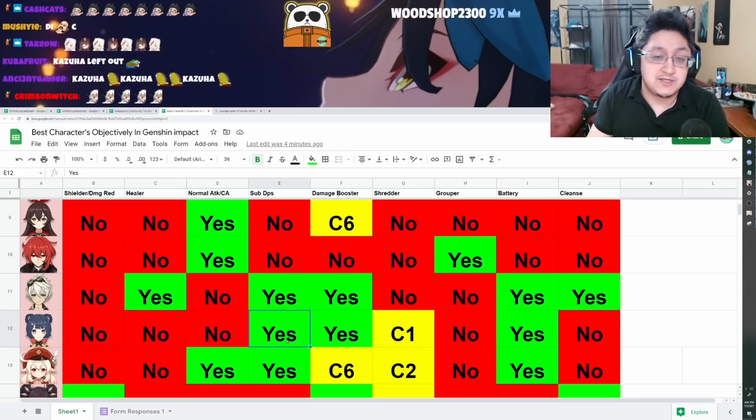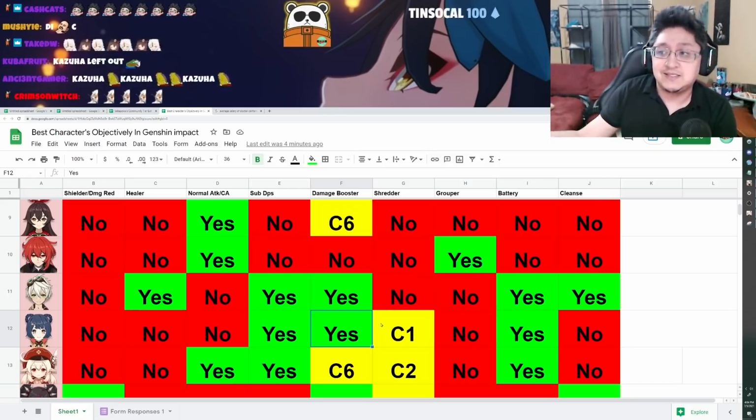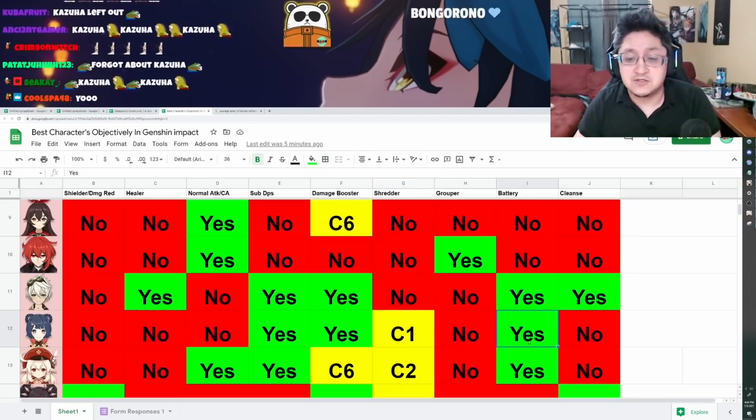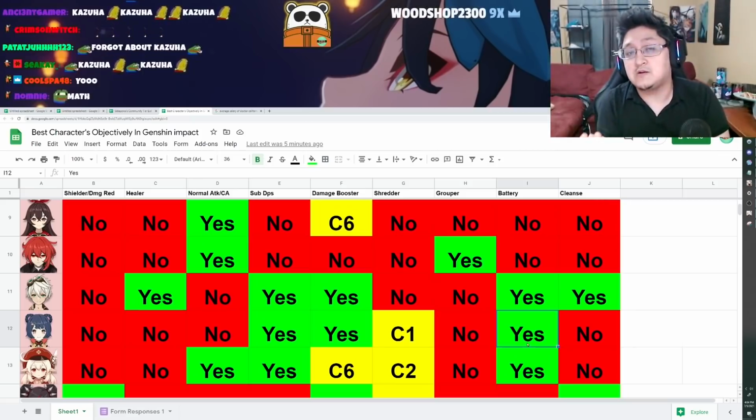She's really good as a sub DPS, one of the top sub DPS in the entire game. Definitely a damage booster with the global chilies, and at C6, of course, you can boost pyro damage. And she's a shredder at Constellation 1 to remove 15% pyro resistance from enemies. And overall, she is a great battery character because the global will give you energy particles while you're off the field for whatever character's gonna be out, so it's a great battery overall, but she can't cleanse. Next up, we got